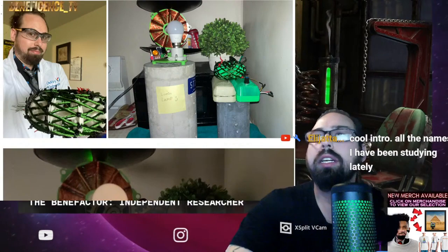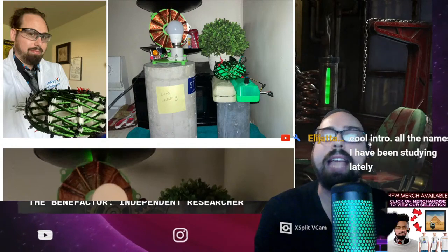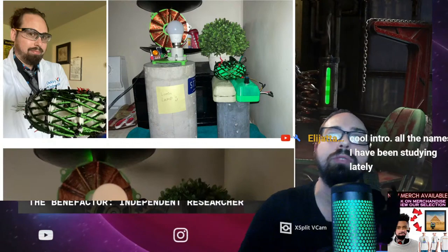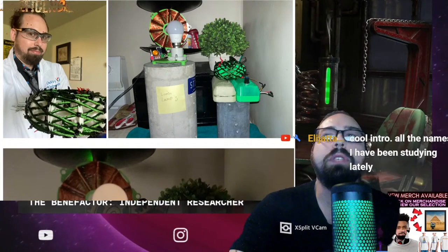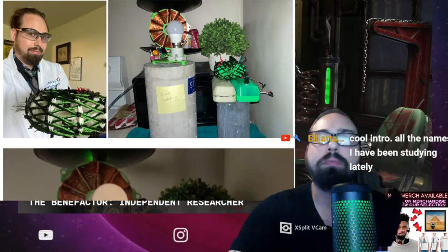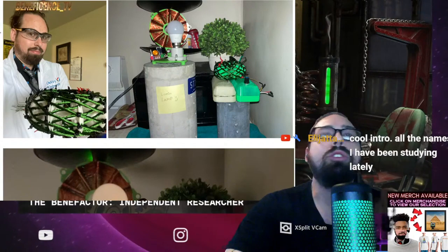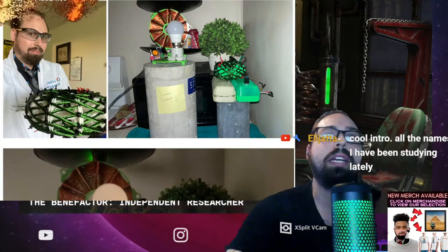So what makes this coil unique, the Christmas coil, is that it's actually missing an entire loop around the torus. Yet it still performs remarkably well with picking up this radiant energy. The Mark 1 is driven by high-frequency pulsed DC system, creating strong inductive effects in the secondary Christmas coil. All right, so connected to Mark 1, the green coil, sitting on top of the Christmas coil, the secondary coil,